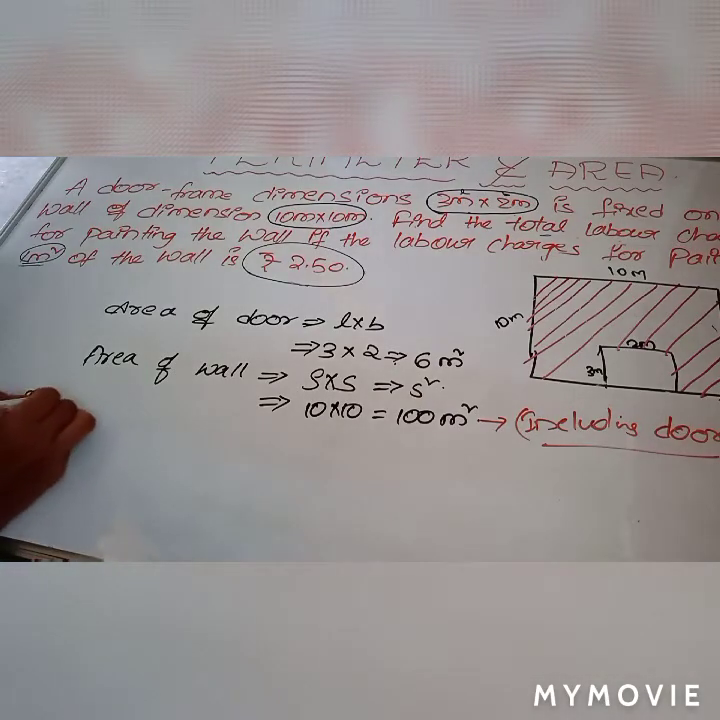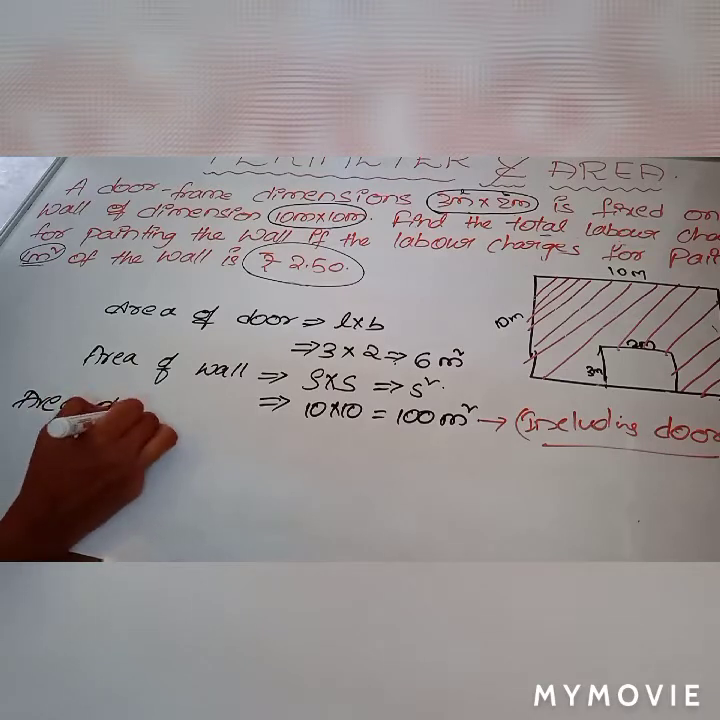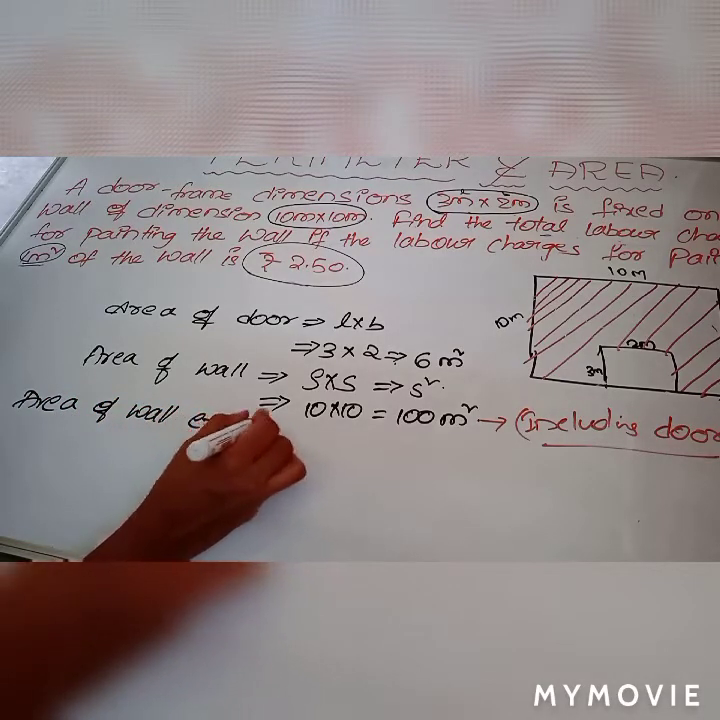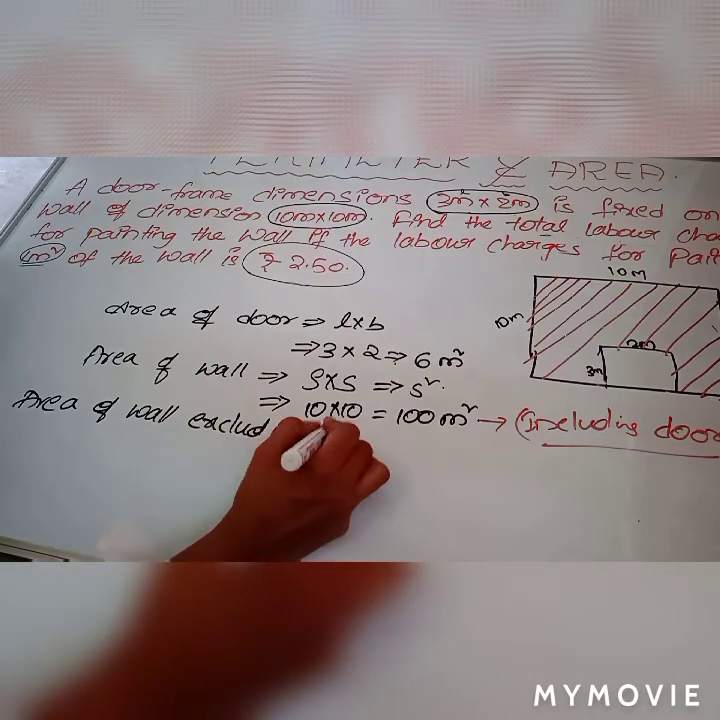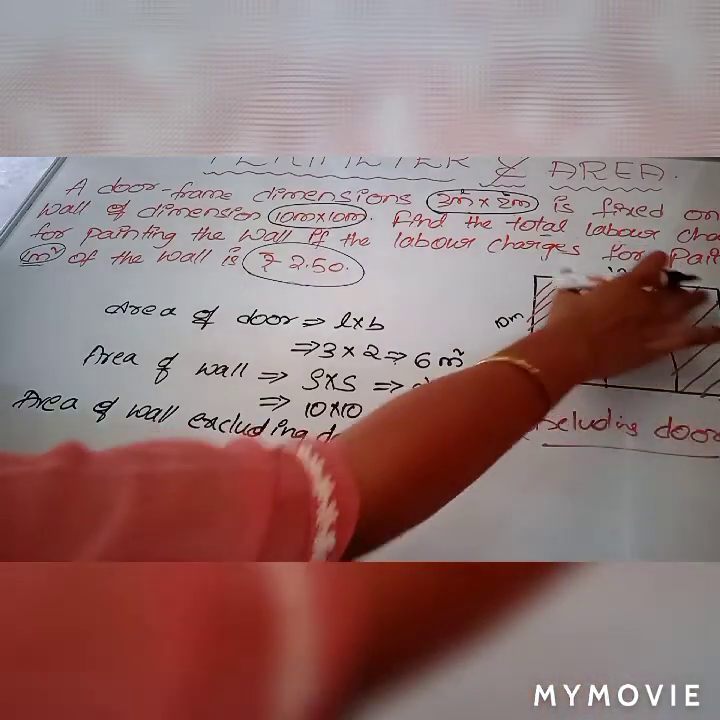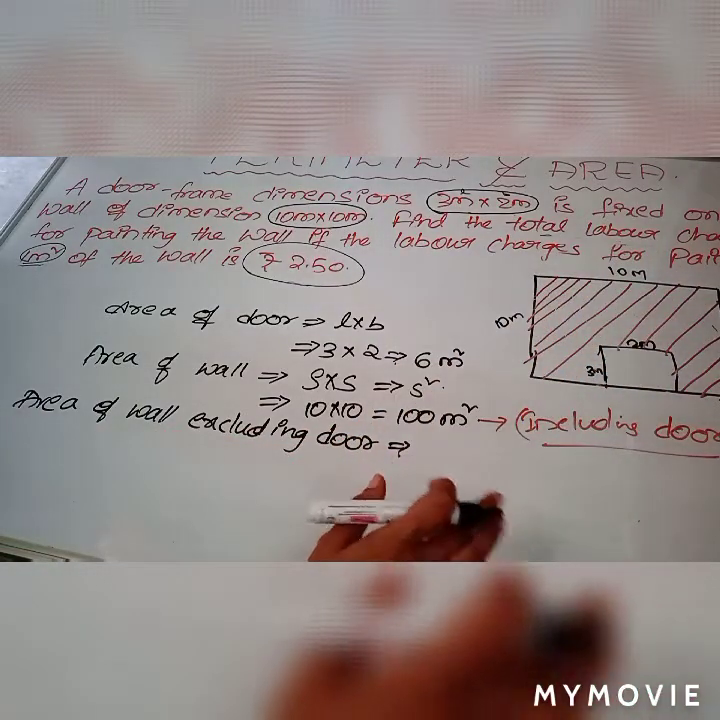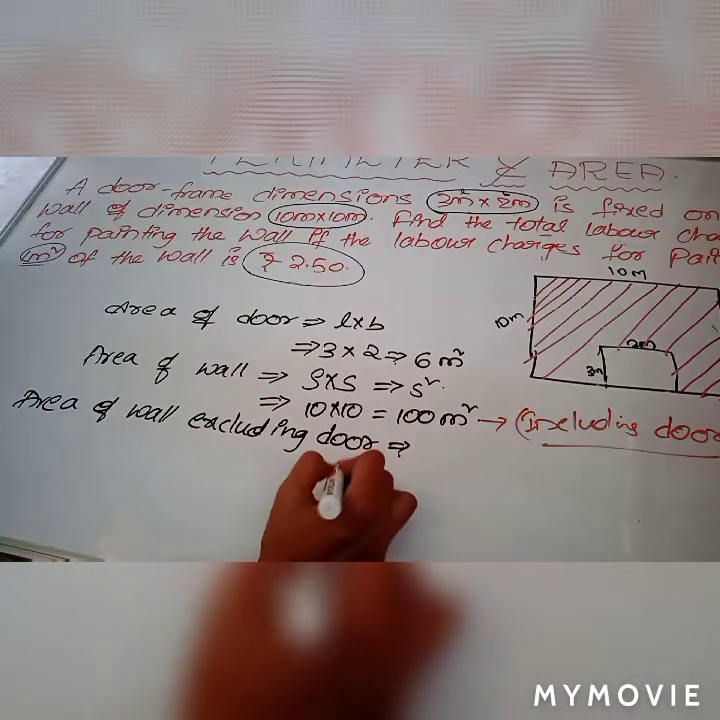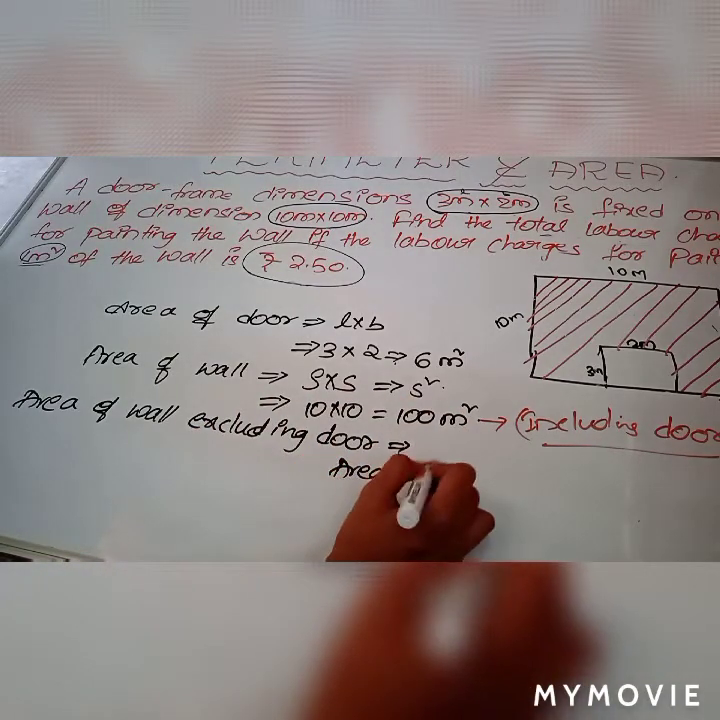Now, area of wall excluding door. That means we are removing this door from this part. Okay. See children, what's the formula for this? What's the area of the, see, area of wall